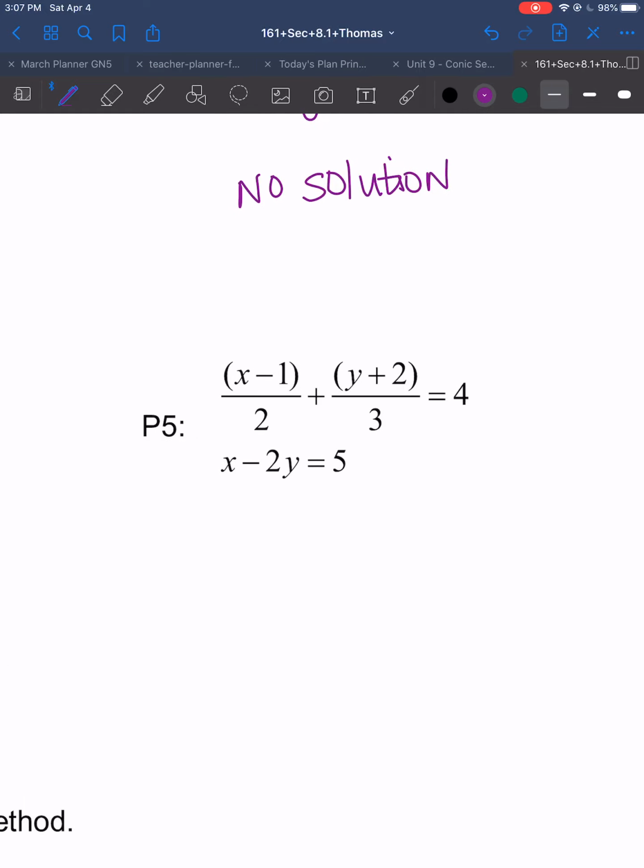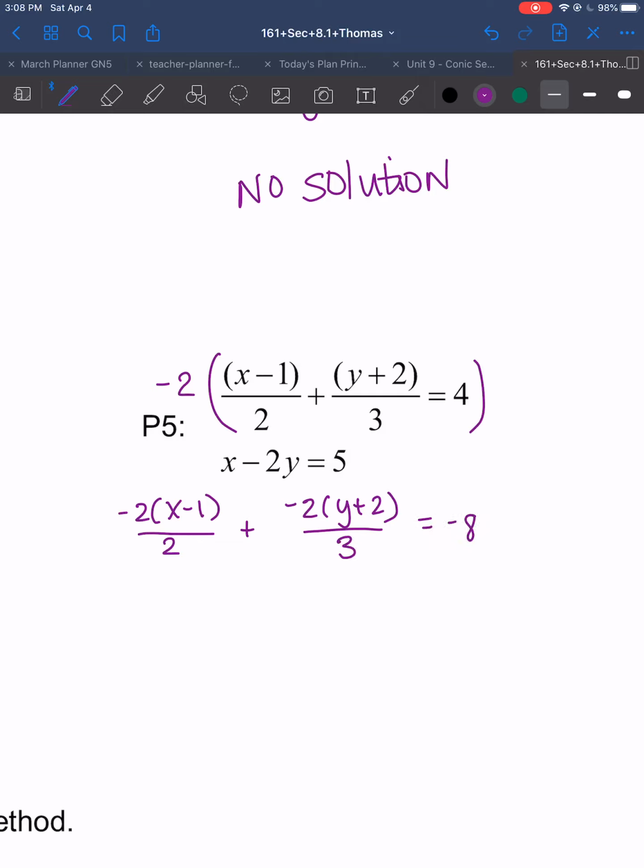And last but not least, elimination problem. So I'm going to try to eliminate the x's here. I'm going to multiply this top equation by negative 2. When I do that, I get negative 2 times (x minus 1 over 2) plus negative 2 times (y plus 2 over 3) equals negative 8. And I simplify, I get negative 1x minus 1